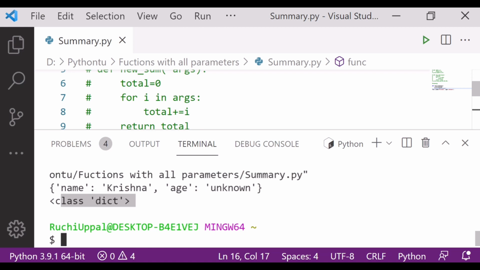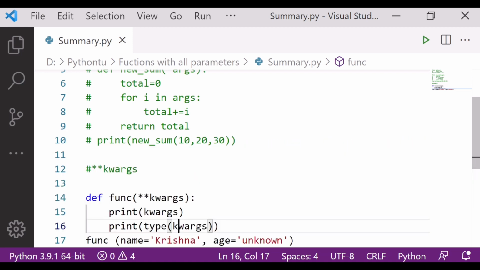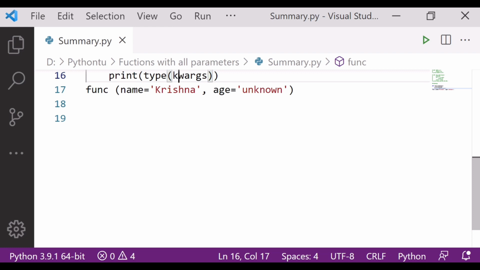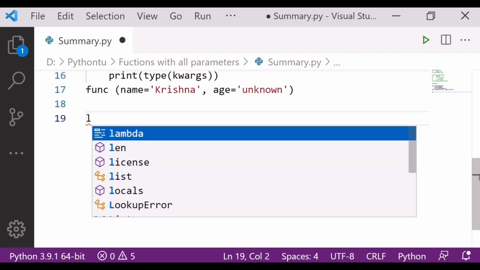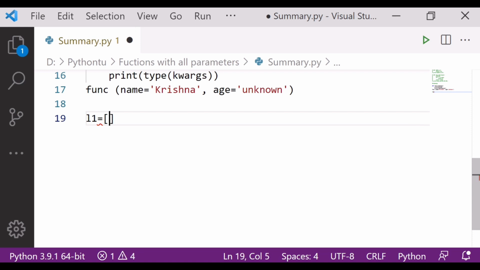One more thing I would like to tell you, that we can pack and unpack variables also by using args and kwargs. Packing and unpacking is like, if I am using a list over there, I can unpack all of it. How to do that, let's see here. Just suppose I am taking one list, L1 is equal to 12, 13, 14, 15, 16.